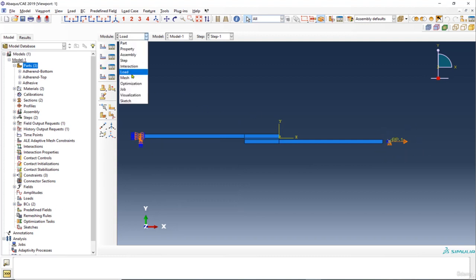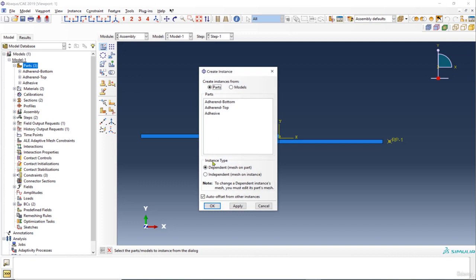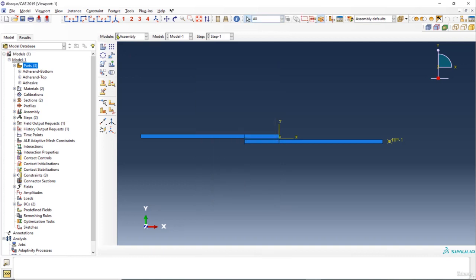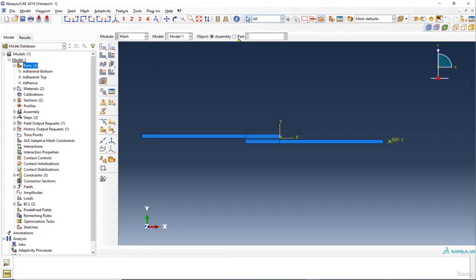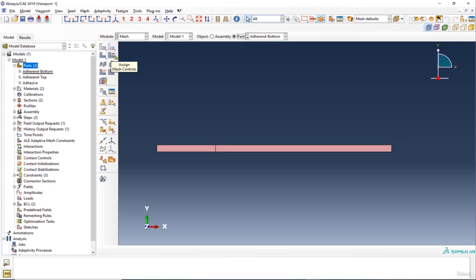Next step is mesh. So we can apply mesh in assembly, because in the assembly section we selected dependent, so it's going to be mesh on a part rather than mesh on an instance. So from here in the mesh section, I'll go to part, and I'm individually going to mesh these one. So what I want to do, first of all, I'm going to select